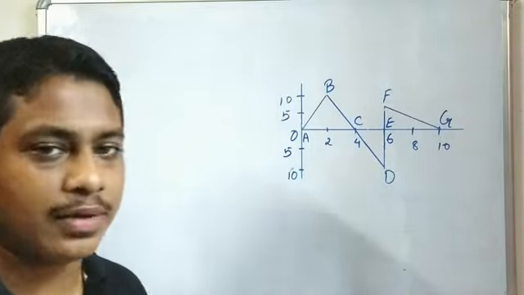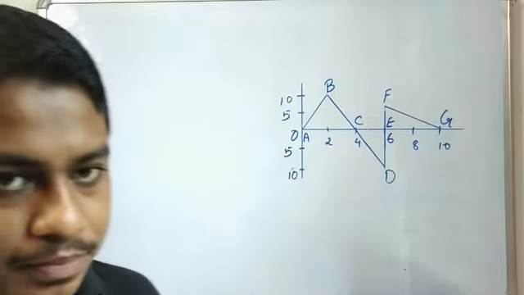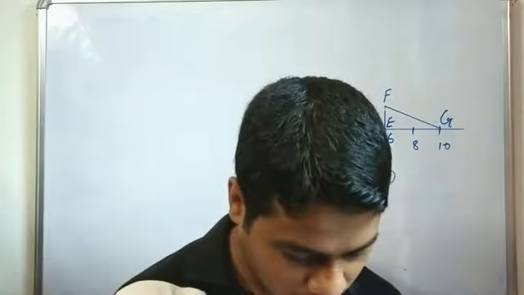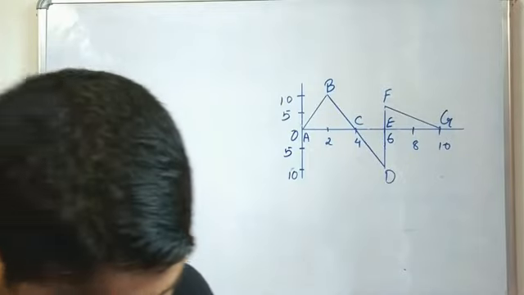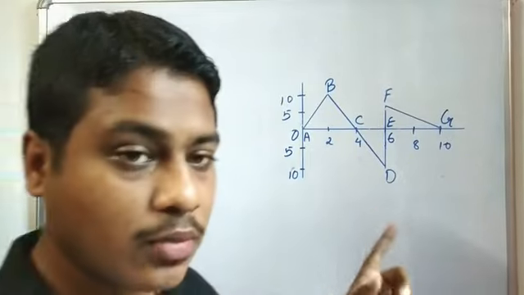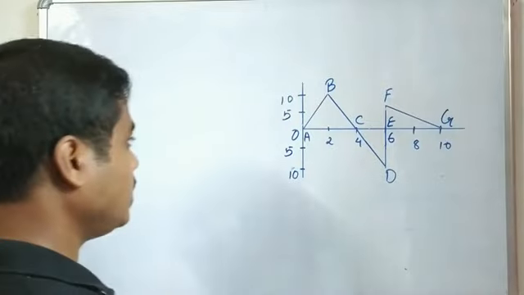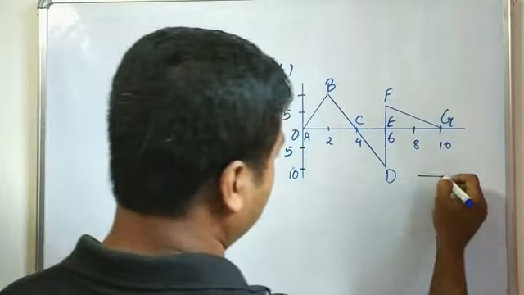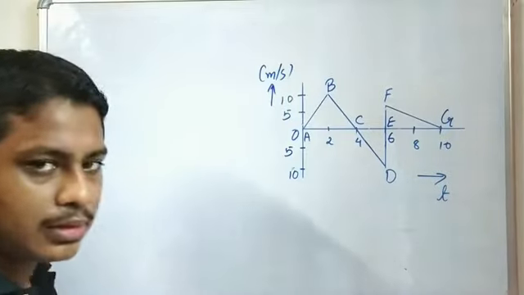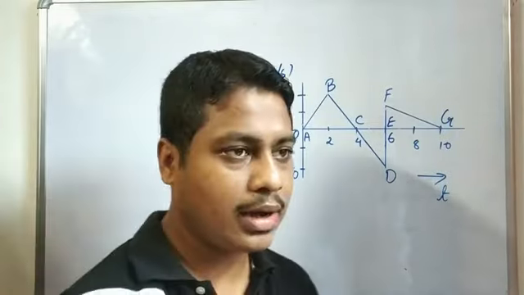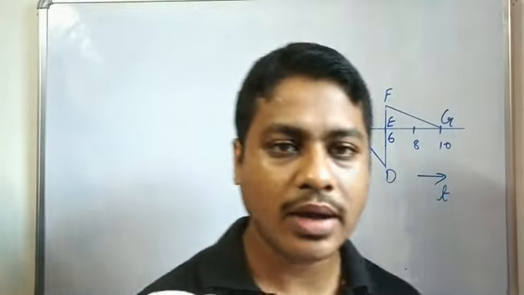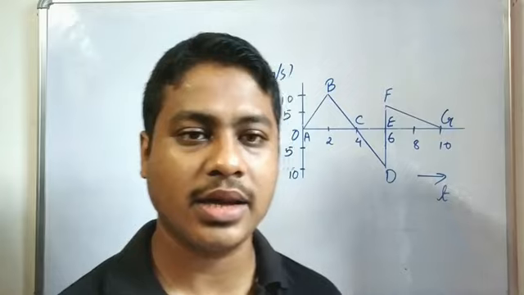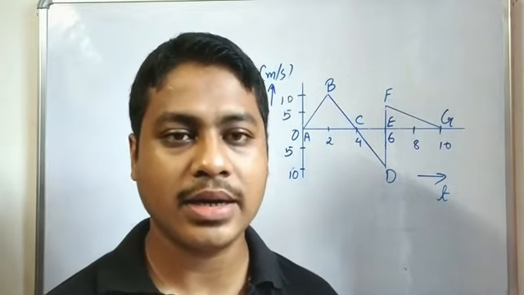So this is one graph. Okay, so you can see the graph. From this graph we will be finding, sorry, not velocity, we will be finding the displacement. Here this is the velocity time graph, this is in meter per second, and this is your time axis. Clear? Now as we know, from the velocity time graph to calculate the displacement or distance, we need to find the area under the curve.